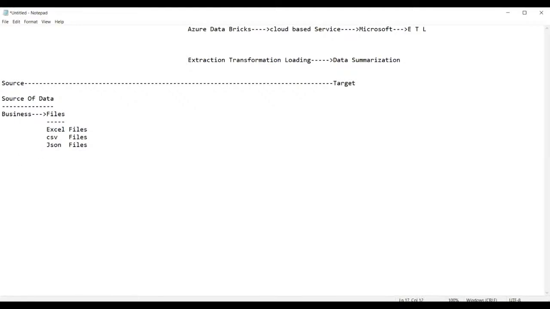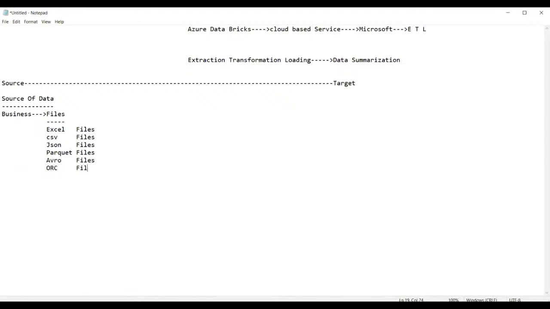And then afterwards you have Excel files, CSV files, JSON files, and you have the Parquet files. Then you can have Avro files, and we can also have ORC files.